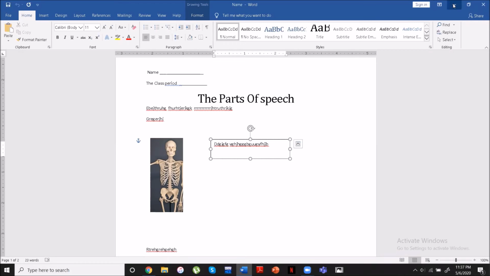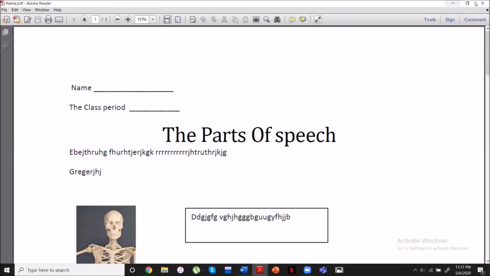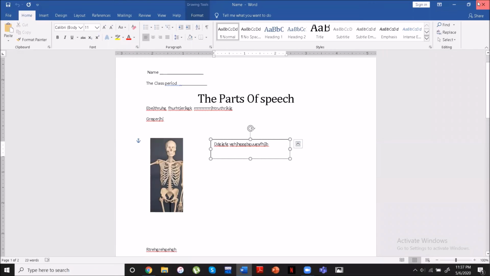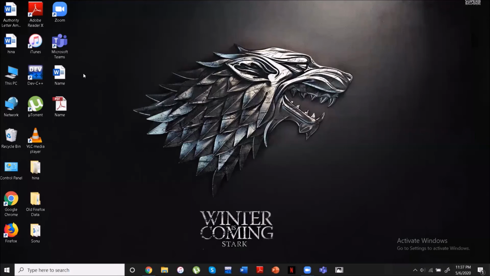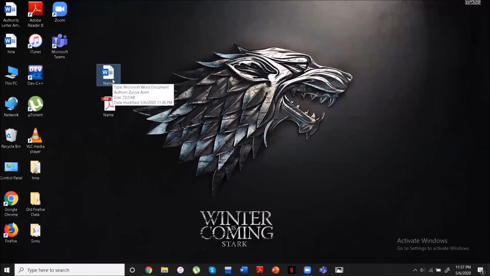Now I'll simply close it. And you can see over here, this is the PDF format of my file, and this is the Word document format of my file. Now, this is a very interesting feature in Word.